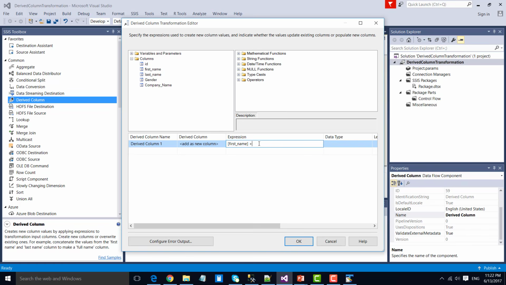We want to put a space between first name and last name, so after a plus sign, put double quotes and then put a space here, and then close the double quotes, and now add a plus sign here, and then you can drag and drop the last name. So this will be the combination of first name and last name, and the derived column name can be full